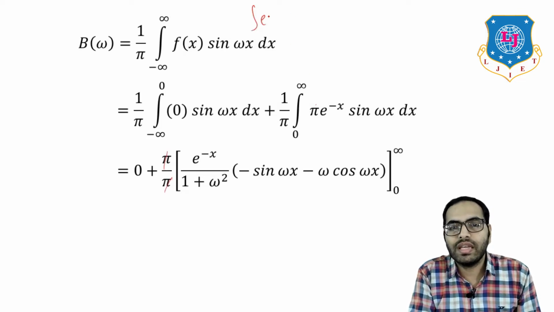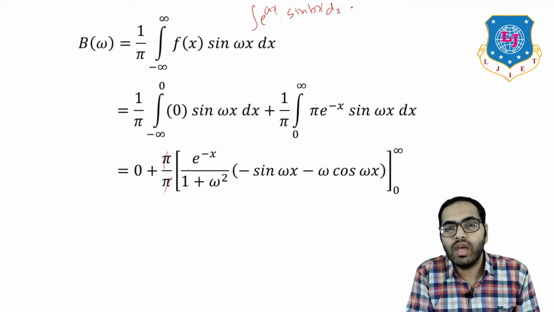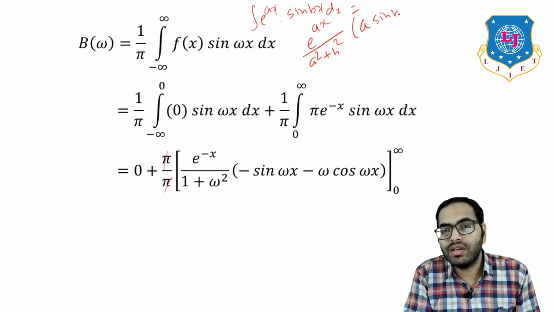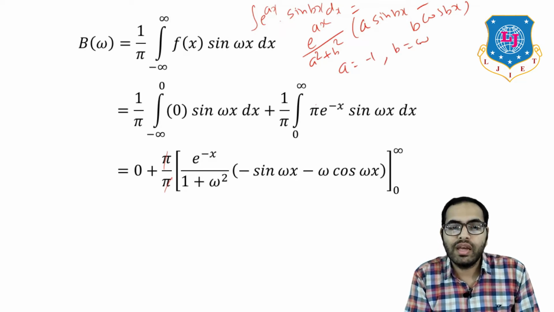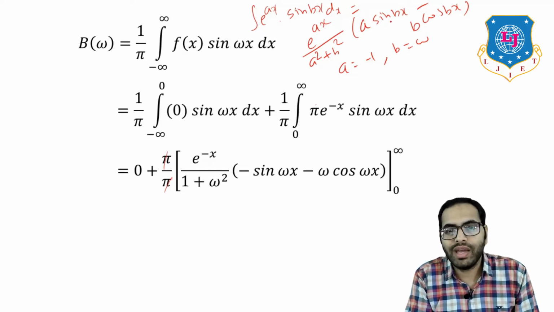e raised to ax into sin bx dx equal to e raised to ax upon a square plus b square, into a sin bx minus b cos bx. In such a formula, the values are a equal to minus 1 and b equal to omega. Then e raised to minus x upon 1 plus omega square inside the bracket, minus sin omega x minus omega